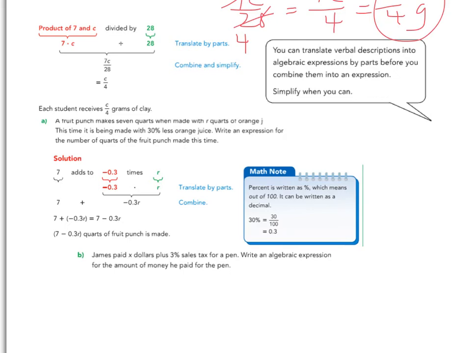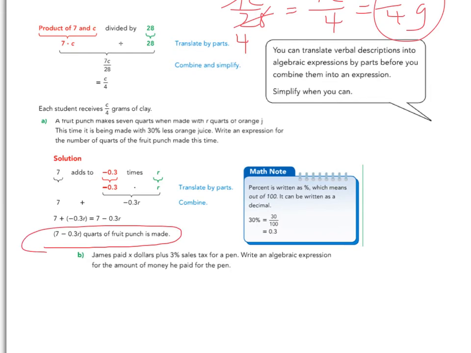Okay? A fruit punch makes 7 quarts when made with R quarts of orange juice. This time it is being made with 30% less orange juice. Write an expression for the number of quarts of fruit juice made. So we have 7 quarts is what we're starting with. Minus 3/10 times R. So 3/10 times R is 3/10 R. So we need to subtract that from 7, and since they are unlike terms, it's just 7 minus 3/10 R